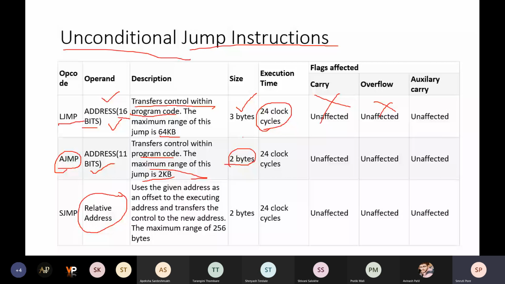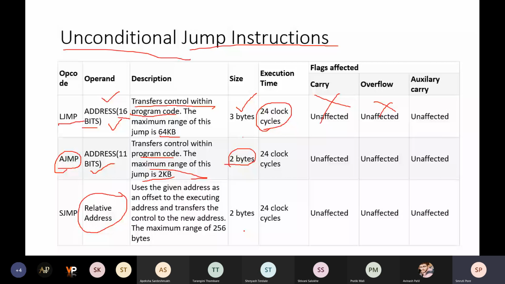Suppose current address is 40 and new address is 50. So it will calculate the difference between the two: 50 minus 40.